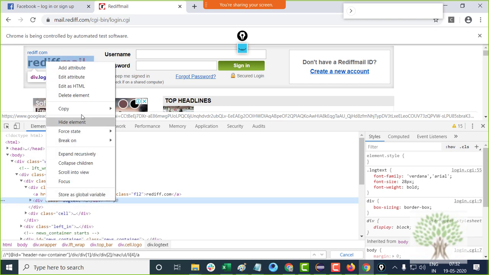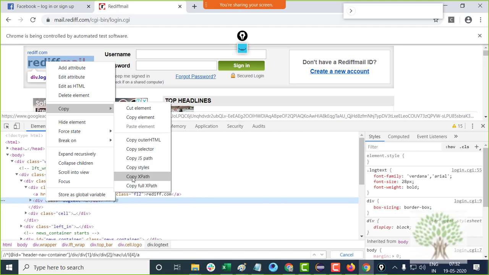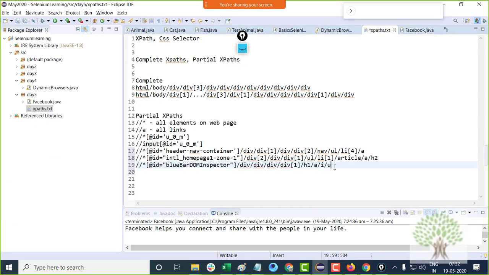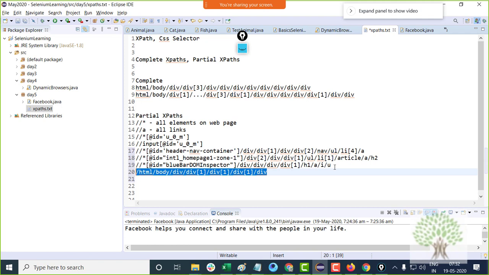If I copy this XPath and I look at it, then it gives me a complete XPath. Okay, it gives me a complete XPath. Why?